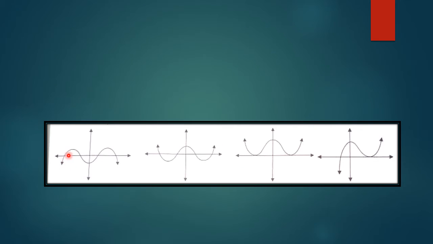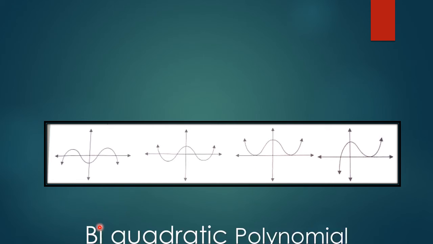So now here you can see the same curve which you saw in the previous one, but here it touches at 4 different points: 1, 2, 3 and 4. Here also it touches at 4 different points, but here you see it touches at only 2 points. Here also it touches at only 2 points. So from this, what can you understand?